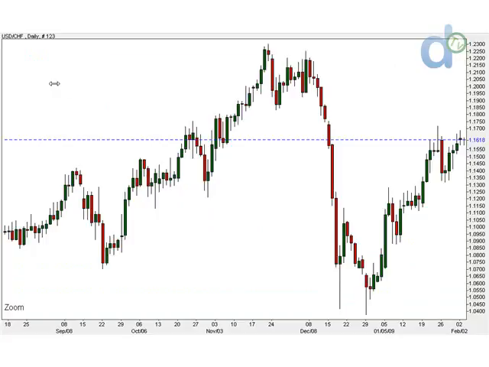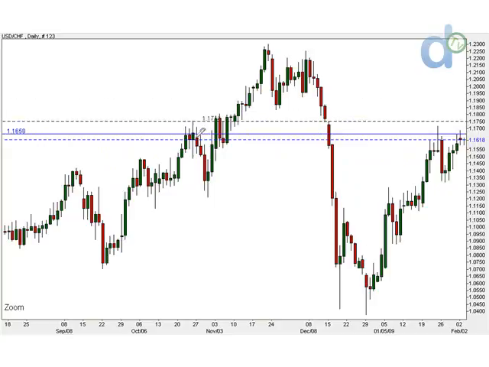The next chart that I brought up is the dollar against the Swiss franc. It's a daily chart. Now, this is also a trade that we're looking at because it's reached an interesting point. We've received this type of double top around here, which is also resistance around this area. We can see 1, 2, 3.